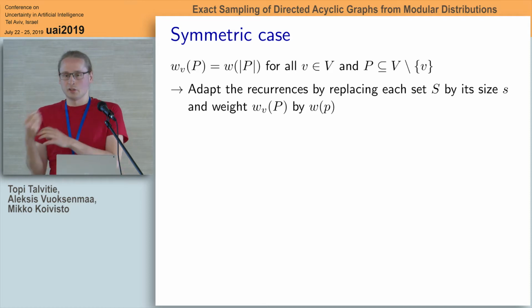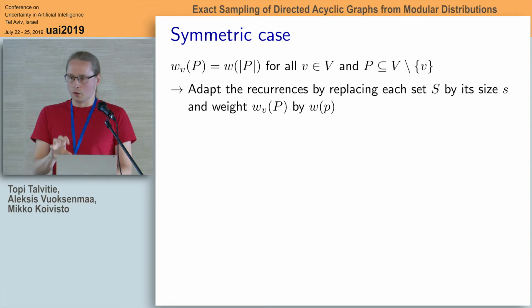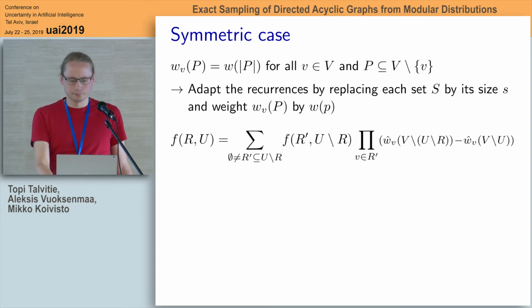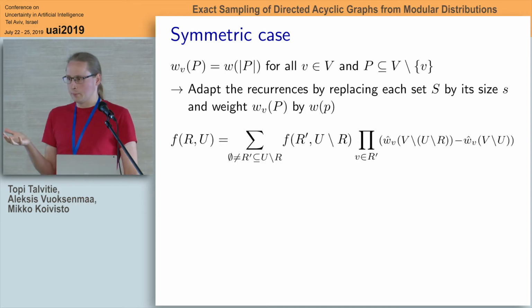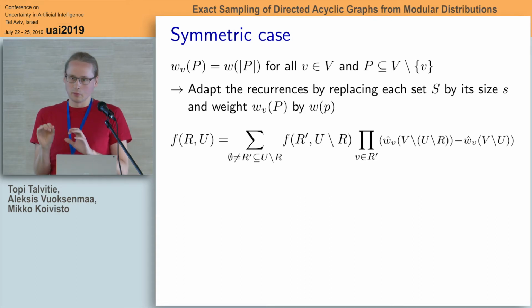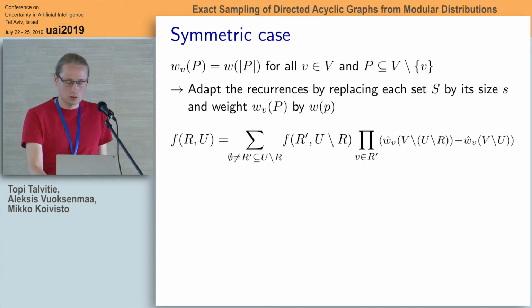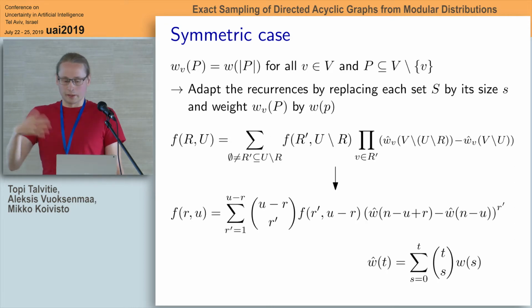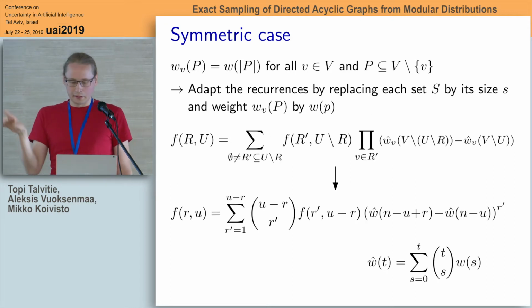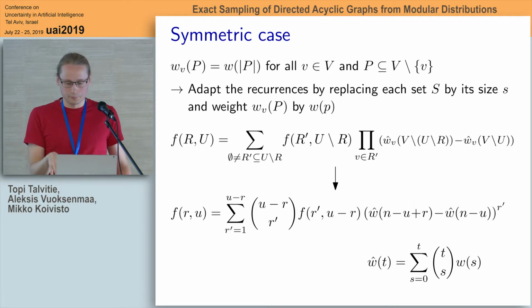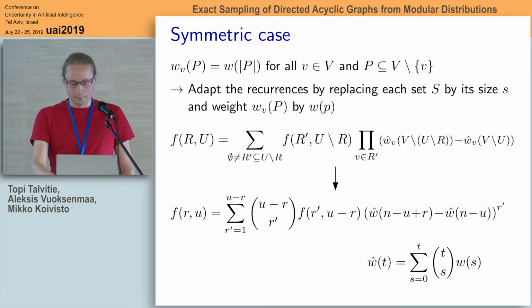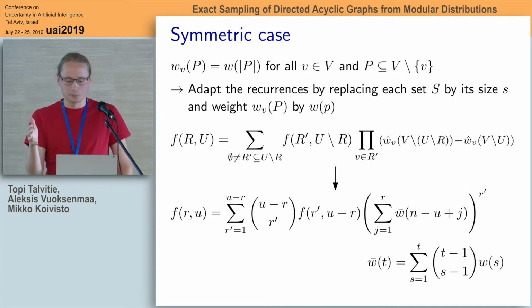So basically use the same algorithm as before, but we can optimize because we only care about the sizes of the sets. And we use this numerically stable algorithm because we want to account for the complexities of the numerical operations. So the adaptation will now look like this. So pretty similar, but we have to make some adaptations. And actually, if you want to do this monotonically, you have to eliminate this subtraction like this.